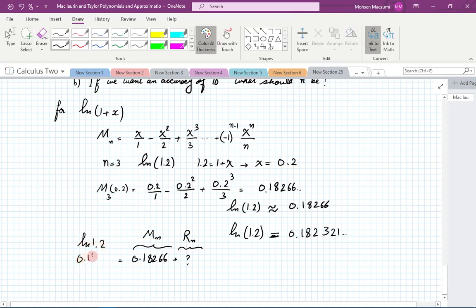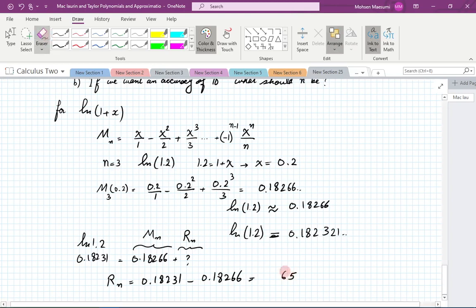So that is 0.18231. So my Rn is going to be 0.18231 minus 0.18266, and so the difference is going to be, so this becomes 5, and I write it correctly. So this is